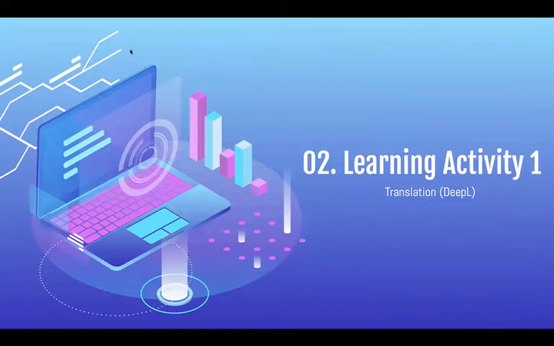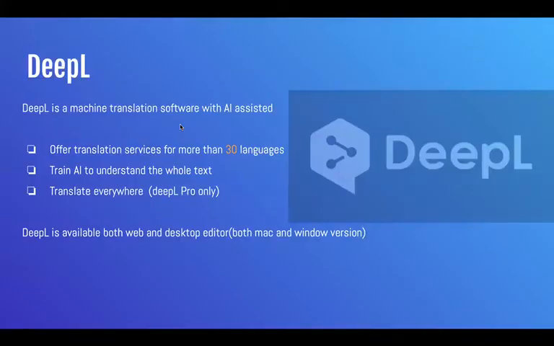Yeah, thank you, Joey. And here is our learning activity one. It is about translation using an app called DeepL. Next page, please. DeepL is a machine translation software with AI assistance. It offers translation services for more than 13 languages. It trains AI to understand the whole text instead of translating passage by passage or word by word, and